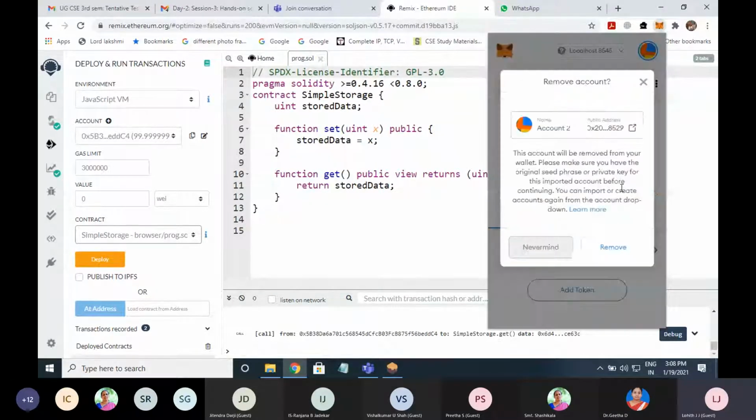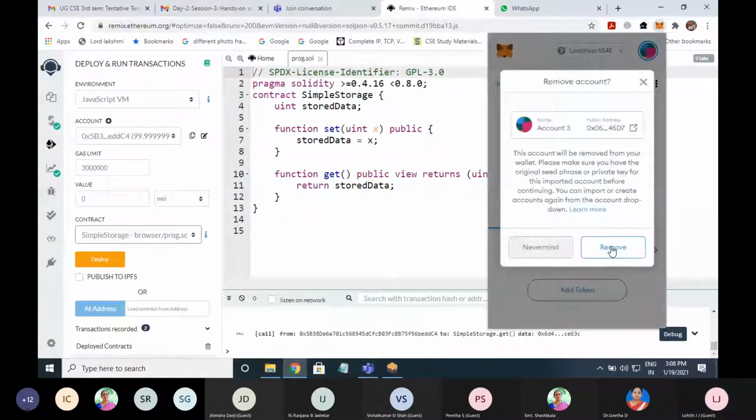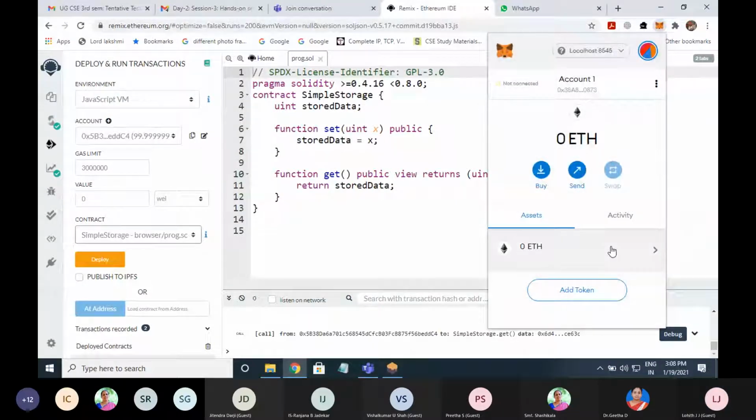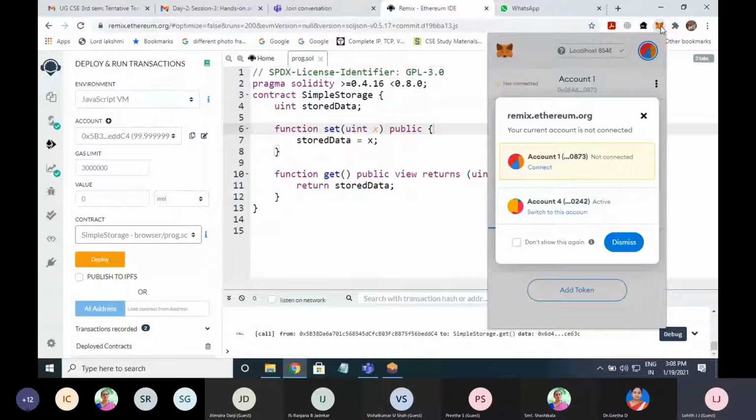Let me remove all the accounts. Is any participant who is working with me able to install this MetaMask?